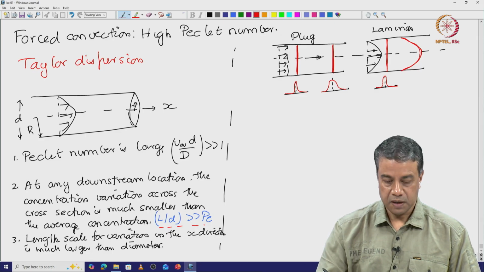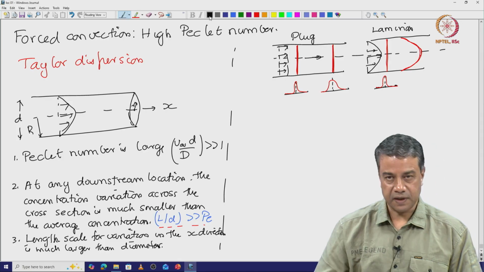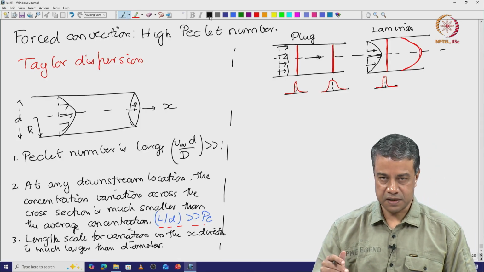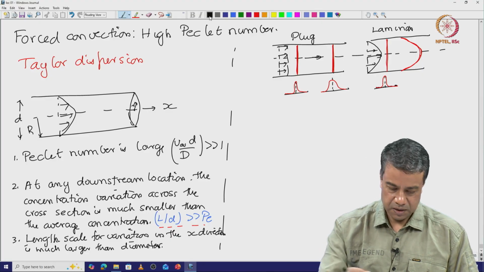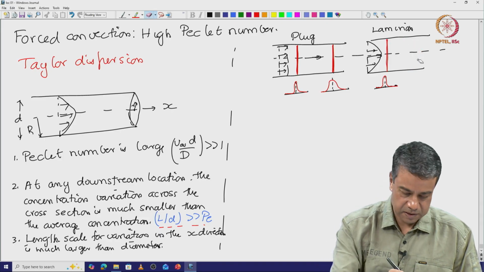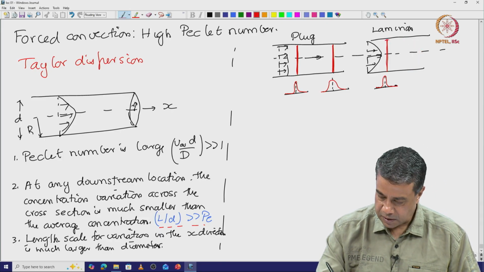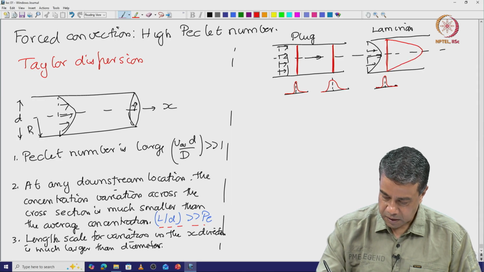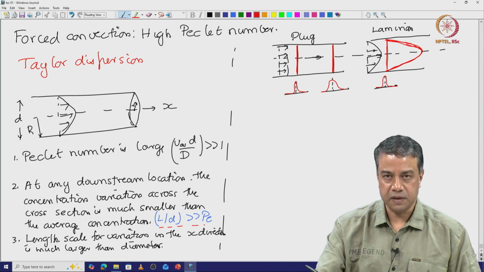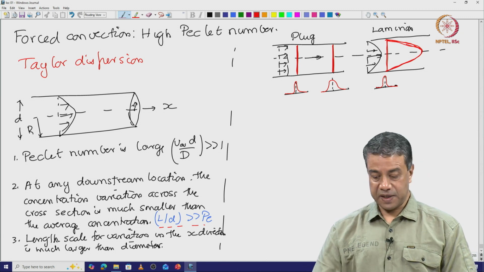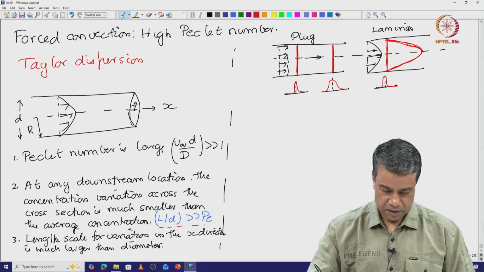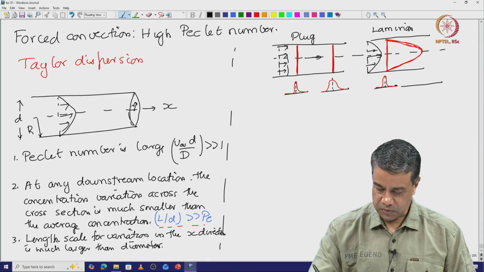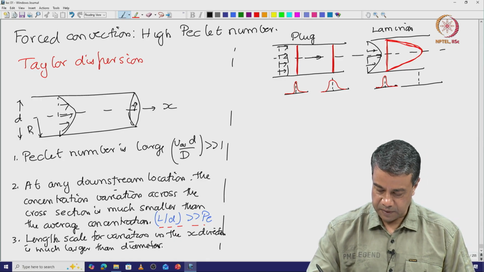And if I plot this, in fact, this is not quite correct. The velocity has to be 0 at the walls. So, the pulse has to come all the way back to 0. So, it should actually look something like this. After some time, because the center of the pipe is moving at a higher velocity and the wall is 0, the pulse will expand like this, and if I plot the concentration profile,